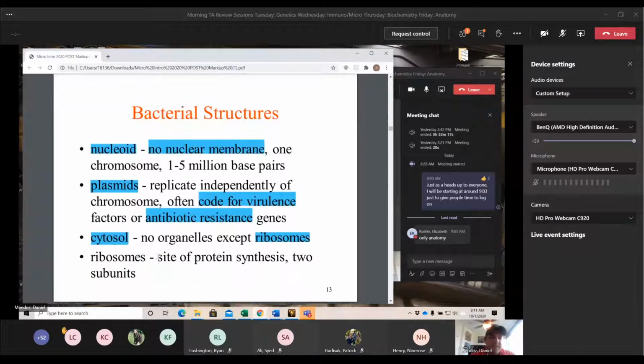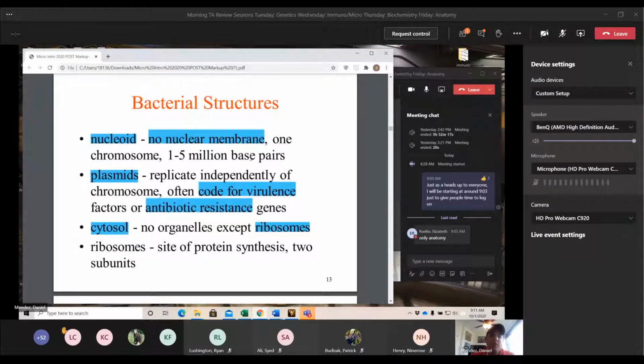So some of the pieces of bacterial structure, this is just the words to go along with the image. The nucleoid has no membrane because we don't have membrane-bound organelles. It is one long circular chromosome. So make sure you note that the nucleoid is just one long circular chromosome. Like we said, the plasmids are separate of the nucleoid, separate of that long chromosome, but it is genetic material.